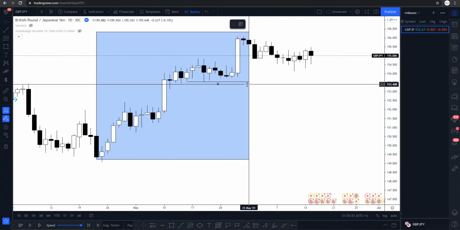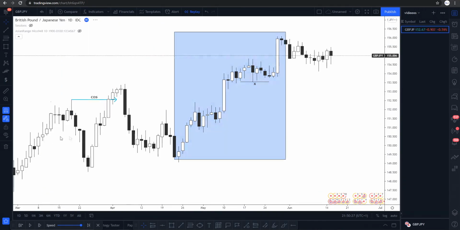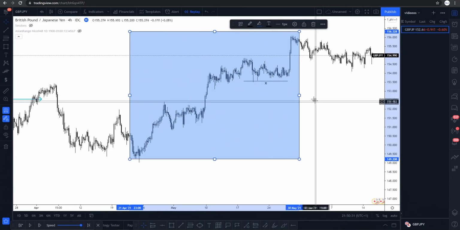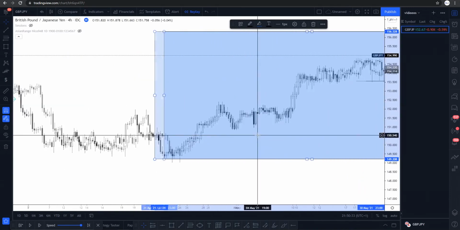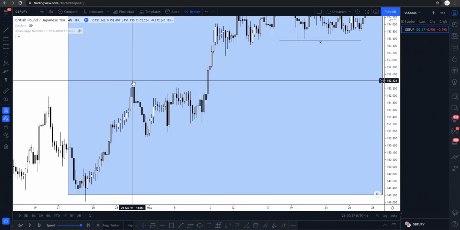We had some liquidity resting over here, which is a good sign that price needs to come back down. Now, what I also saw on the 4-hour time frame, this is liquidity. We all can see that price has to break past this level to grab that liquidity. But on the 4-hour time frame, what I did see is that after this bullish rally continued up, we saw